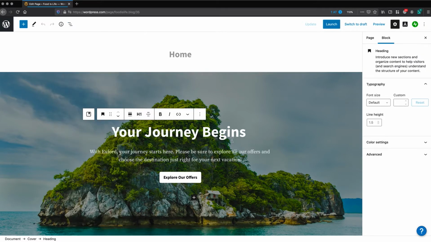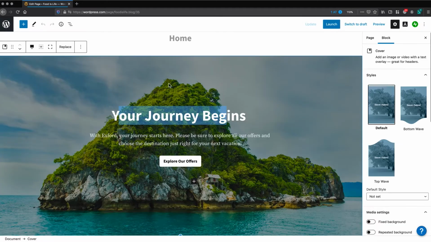You'll also see there's some breadcrumbs down here at the bottom left. These can be super helpful as you're working on the site, so you can get a feel for what blocks are being used. So for example, I click on this heading here, we can see that this is a heading block on top of a cover block. So say you wanted to select the cover block and not the heading block. You could select cover from here, and then this will bring you into this overall block here